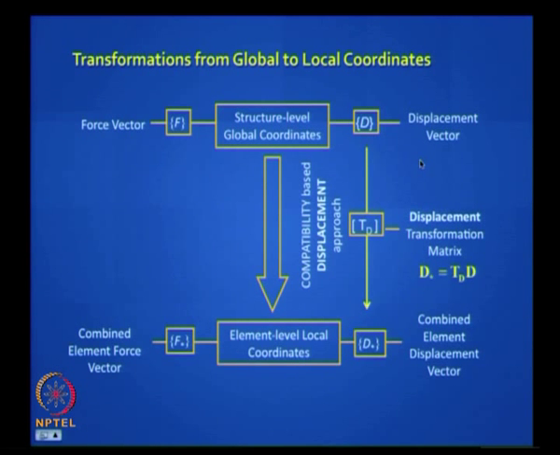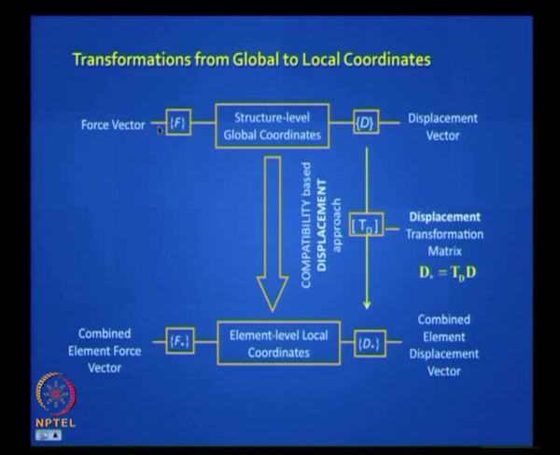Look at this. Now I am talking about structure level coordinates here and element level coordinates here, right. I have combined them, so F star really means F1 star, F2 star, I can put them all together neatly. So does this make sense? And I am saying if you give me the global displacements, they are linked all in one go to the element displacements through a matrix which I call the TD matrix. The TD matrix is the displacement transformation matrix, and obviously it must satisfy compatibility.